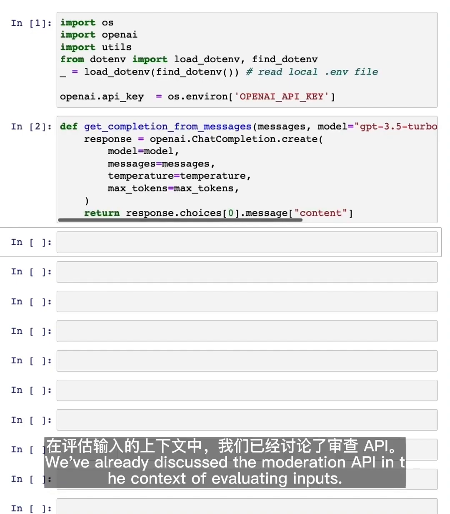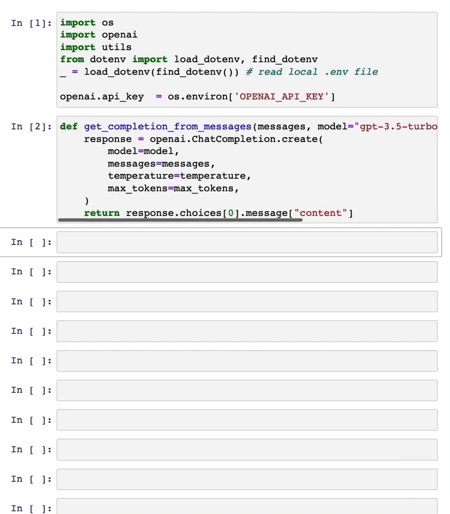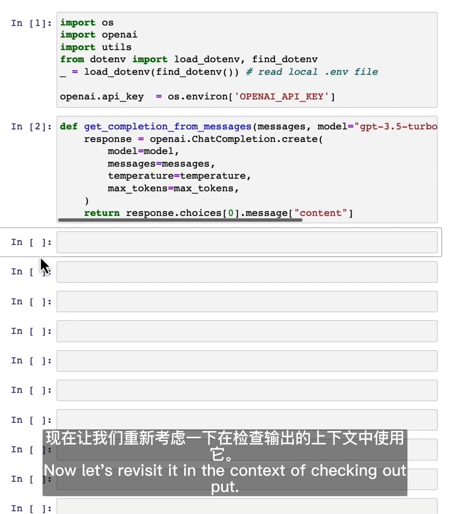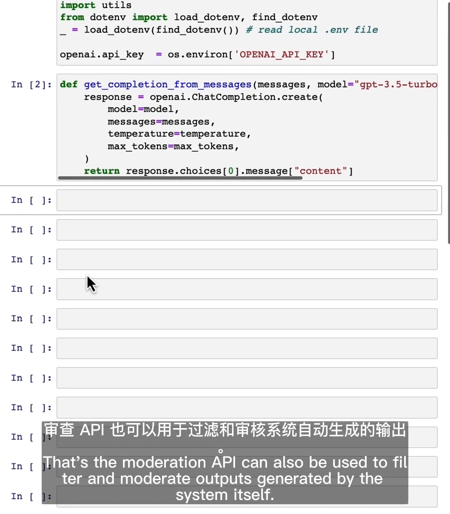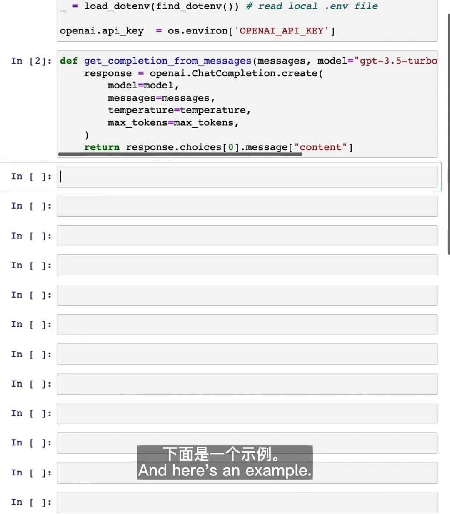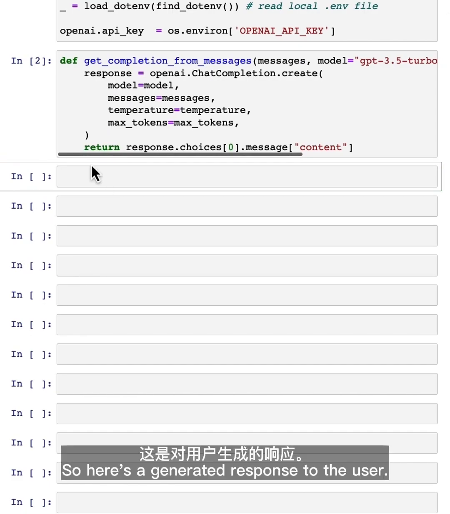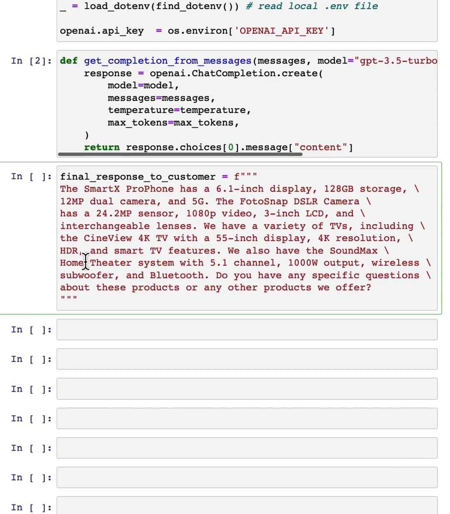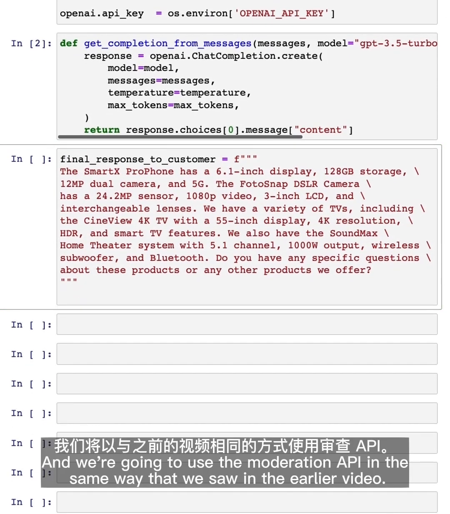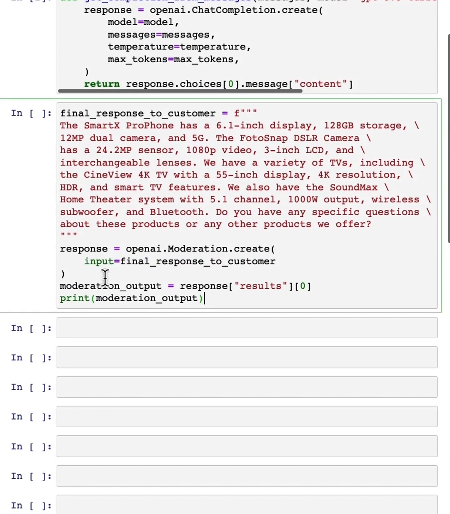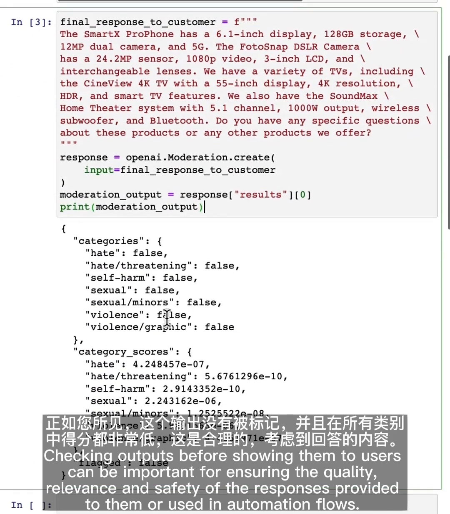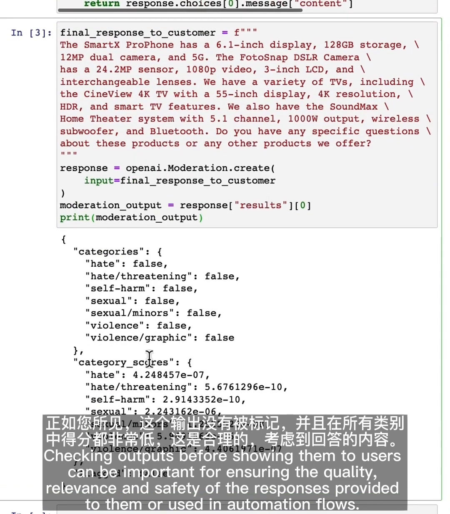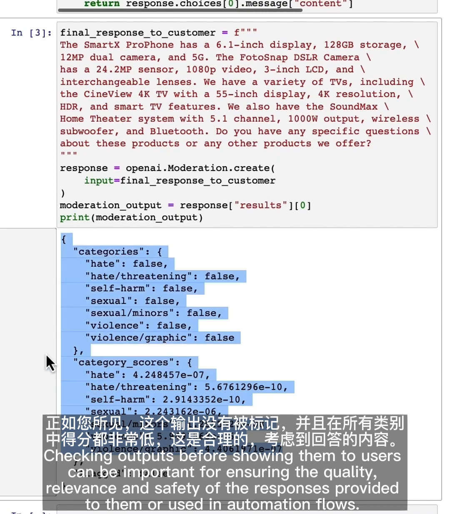We've already discussed the moderation API in the context of evaluating inputs. Now let's revisit it in the context of checking outputs. The moderation API can also be used to filter and moderate outputs generated by the system itself. And so here's an example. So here's a generated response to the user. And we're going to use the moderation API in the same way that we saw in the earlier video. So let's see if this output is flagged. And as you can see, this output is not flagged and has very low scores in all categories, which makes